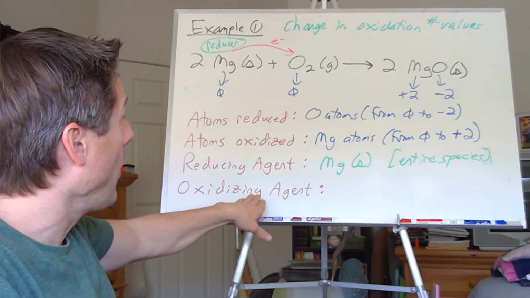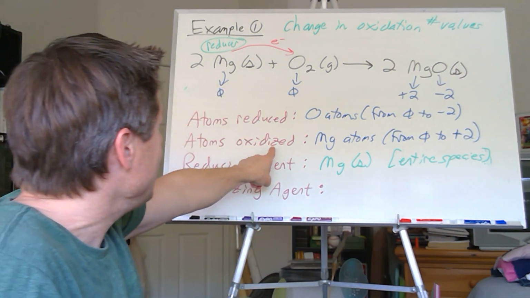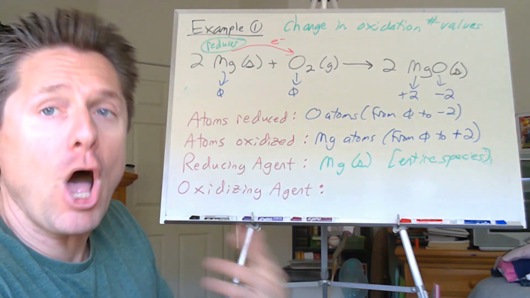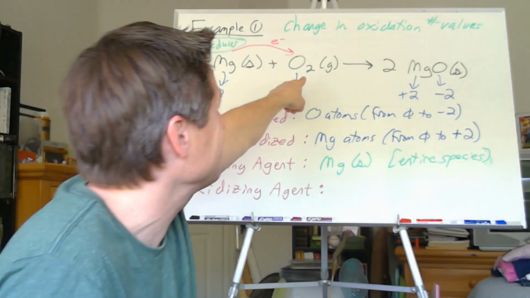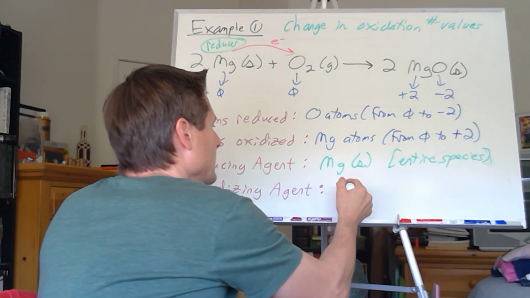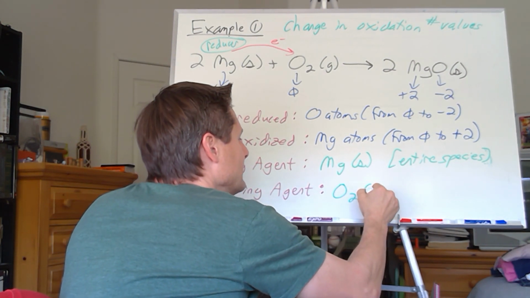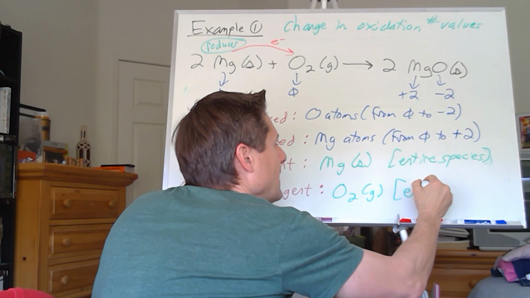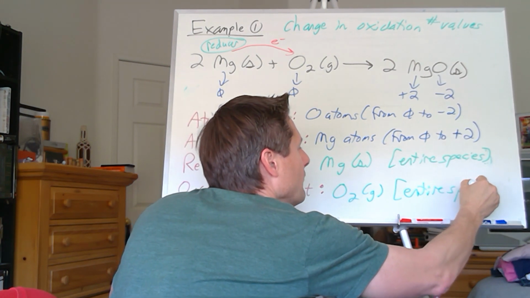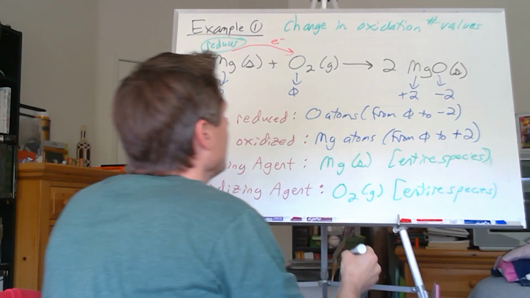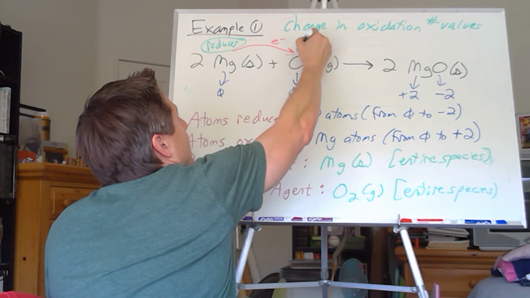Right? Now, what was oxidized? The magnesium atoms were oxidized. What caused it to be oxidized by taking electrons? The oxygen gas. So that is your oxidizing agent. And I like to write the entire species there for my reducing agents and oxidizing agents. And another way we could say is that's our